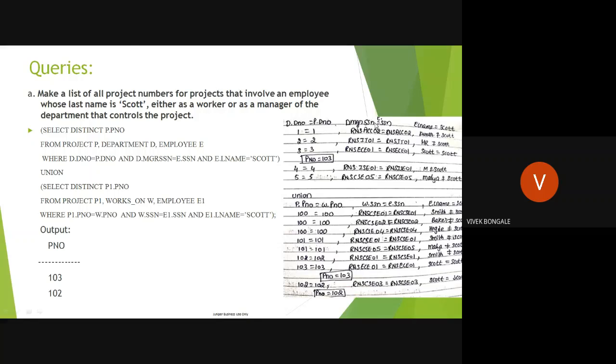You have to write those two queries. With this query we'll get one result, and with this query we'll get the other result. We have to use the union operator. Okay, the union operator, and the result we'll get is the output, right? Don't concentrate on this part. Don't notice this program, this query.